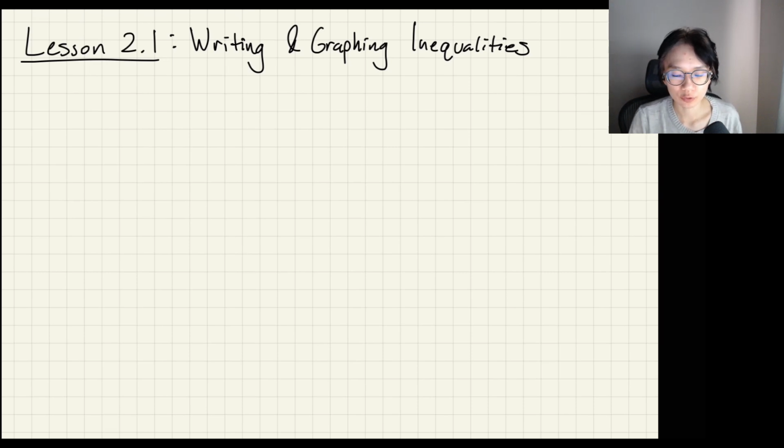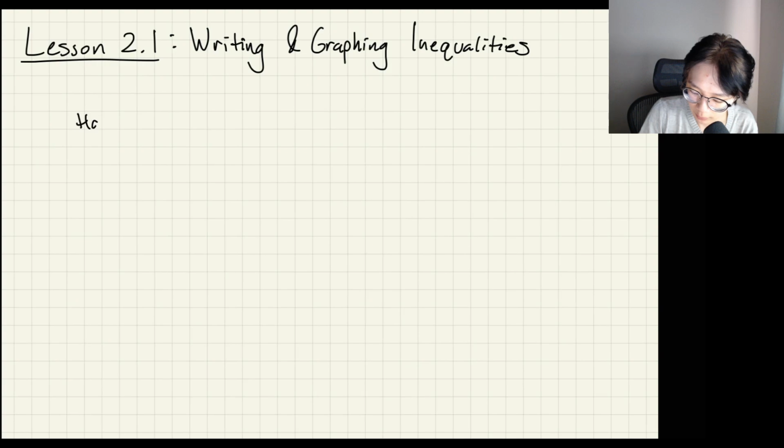All right, lesson 2.1, writing and graphing inequalities. This might be review, something you know like the back of your hand, or this is brand new to you, which is perfectly fine. I'm going to be treating it like it's brand new. And who knows, you might remember or learn some tricks if you already know this. But like I said I would do before, the hardest one I can think of for today's lesson: